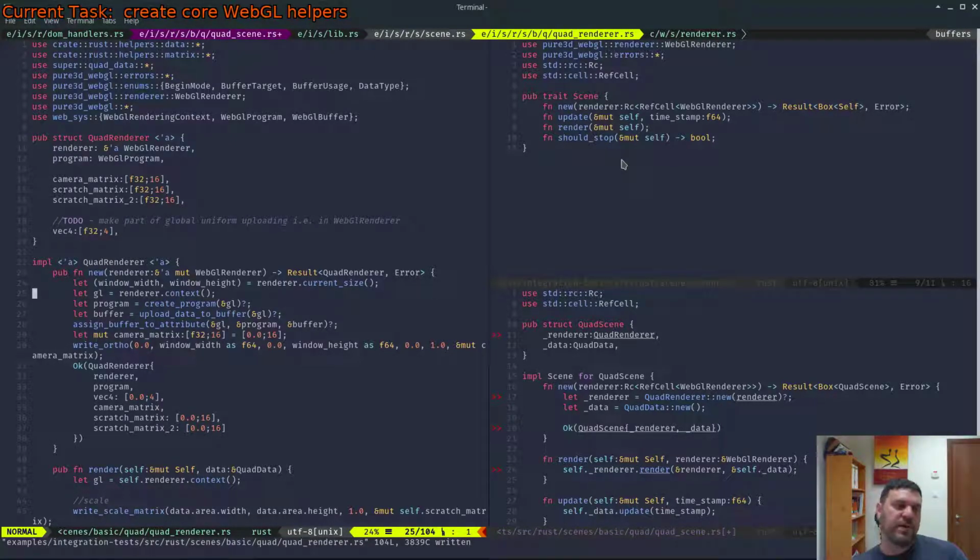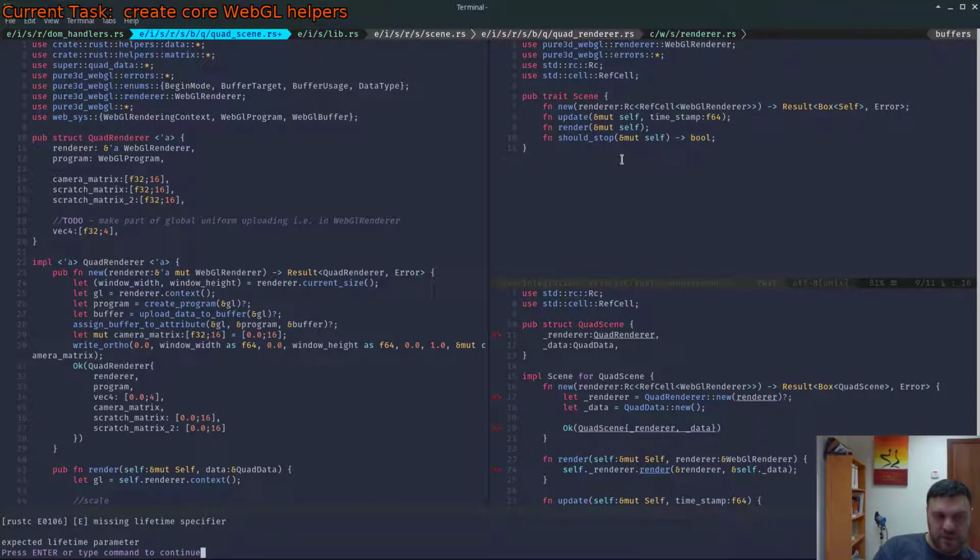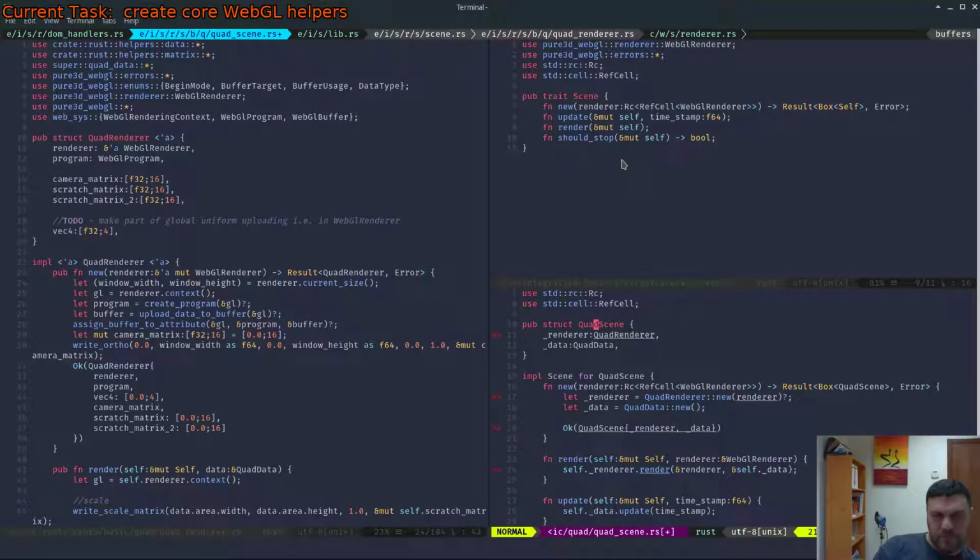Okay, because soon we're going to want to pass these into some sort of hash map in the renderer itself. So we want it to be a mutable reference. And here we have the ownership coming through. So let's see what's going on here. Expected lifetime parameter. Right, because the reference to the renderer is going to depend on the lifetime of the renderer, right? And that's depending on the lifetime of the scene. So